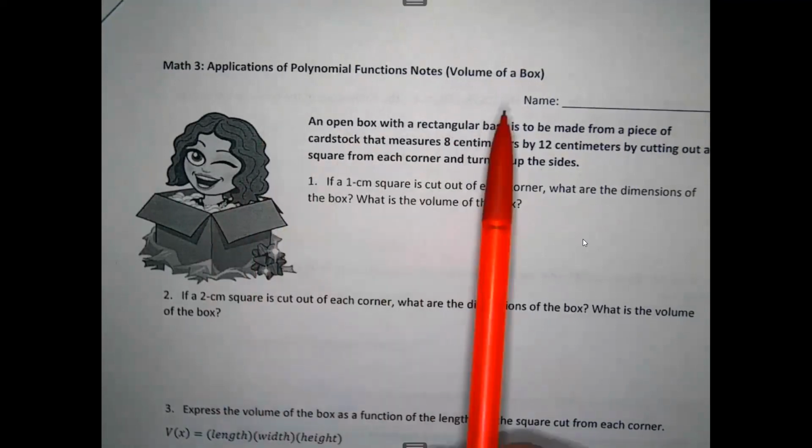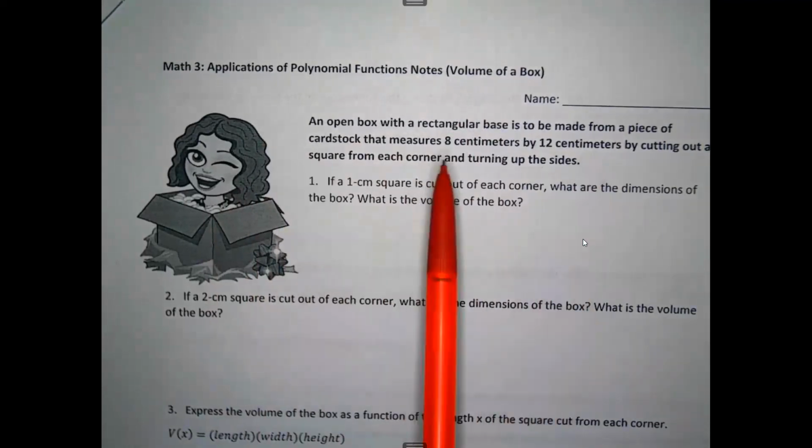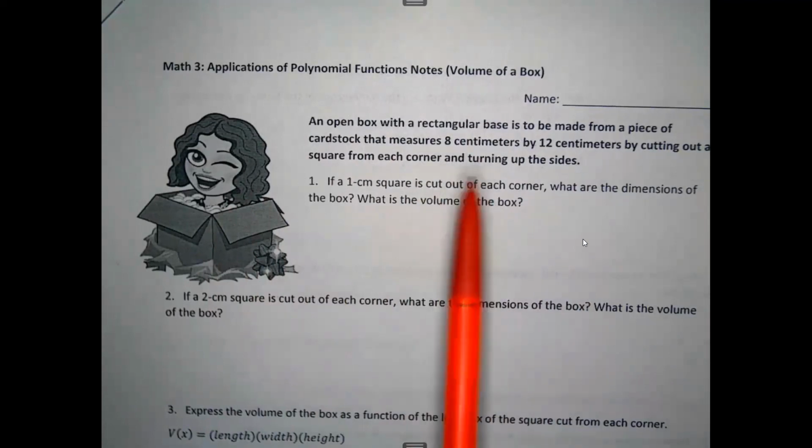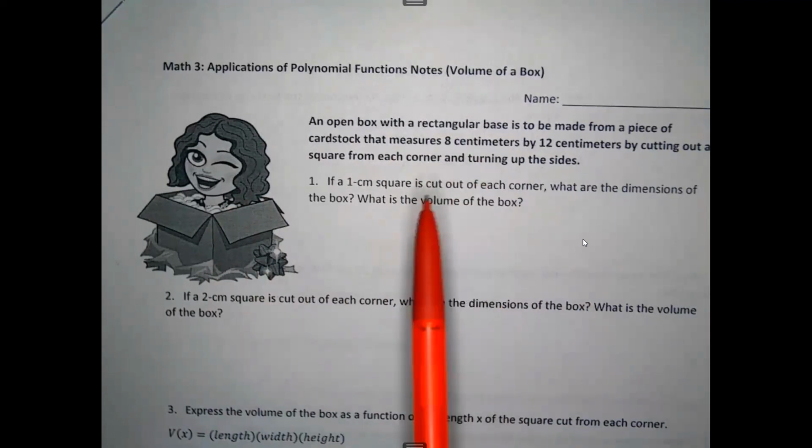These problems are all volume problems. They're volume of a box. And the nice thing about these,